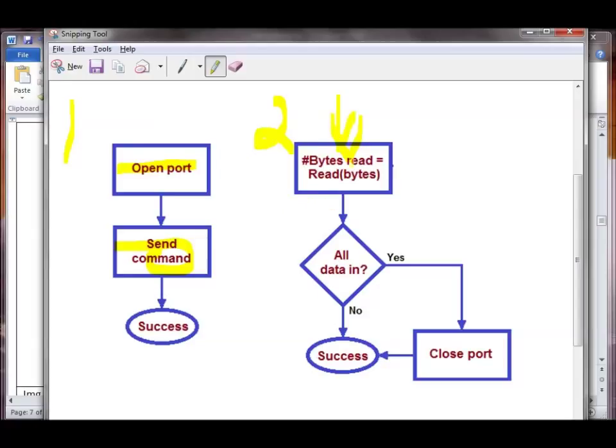The first thing I'm going to do is get the bytes into a buffer, and get the number of bytes read. Next, I'm going to check whether I have all the data in. If I do, then I'm going to close the port and I'm done with it. Here it's not that simple. Usually when I have all the data in, there's